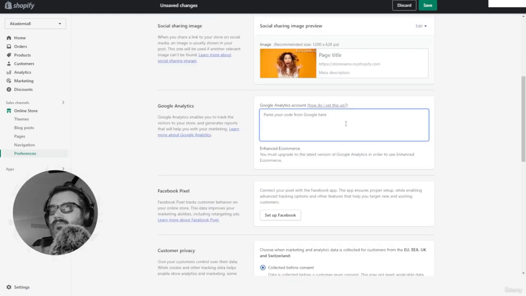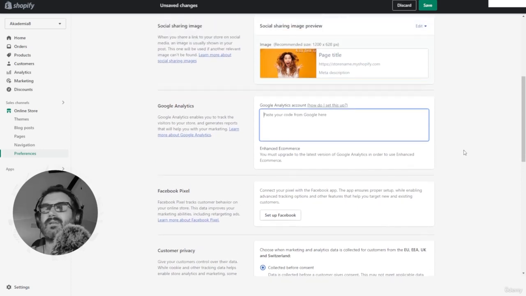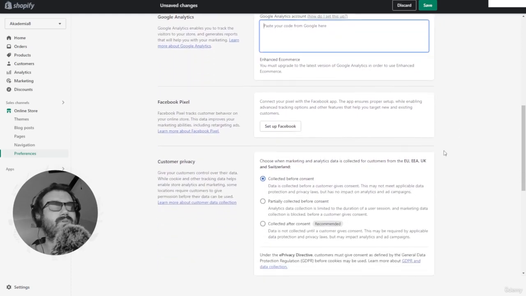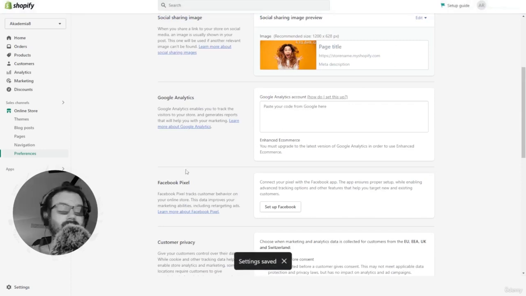Now, we're not going to cover how to set up a Google Analytics account, but if you do have Google Analytics code, you can go ahead and paste that in there to track visitors to your website. I will probably do a separate course on Google Analytics. It's a whole different branch, and we don't want to overcomplicate and muddy what we're doing here. All right, go ahead and click that save button. Let's head over to